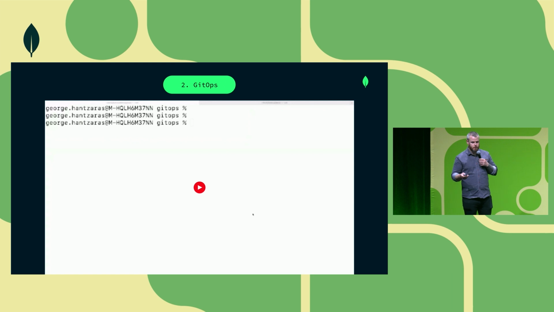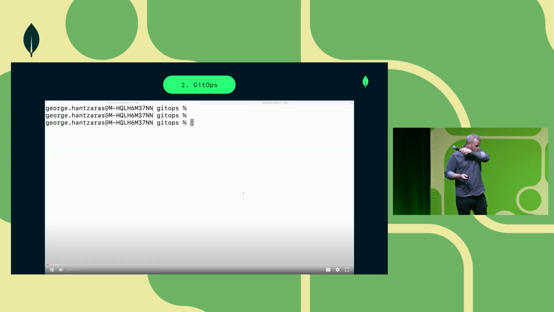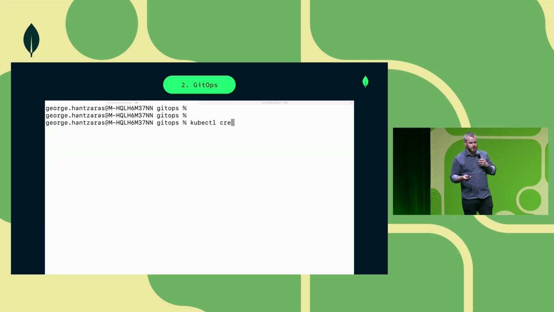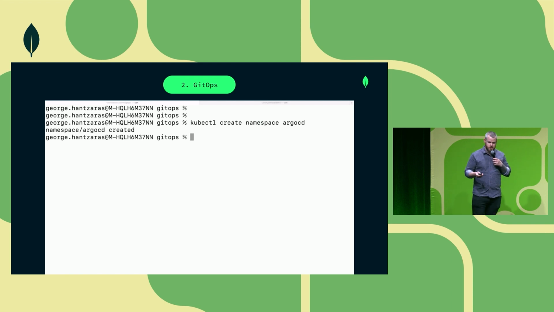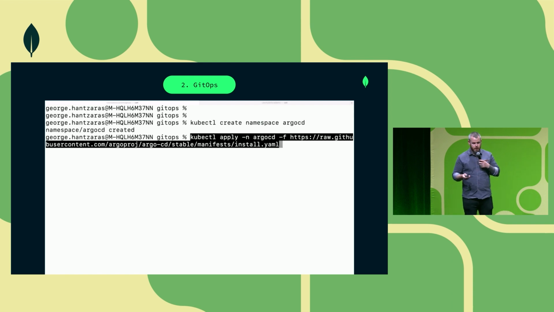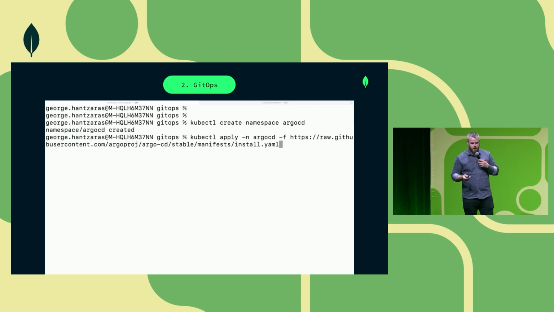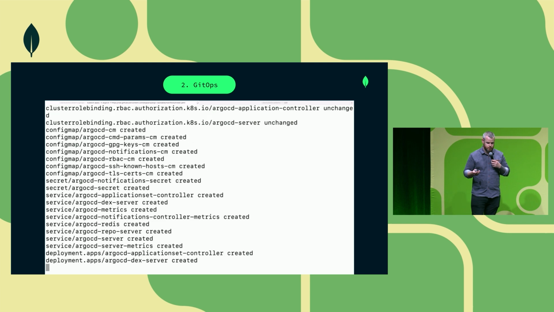So now we're going to move on to the better way of integrating into a platform like this, an IDP. We're going to look at a GitOps workflow using Argo CD. Installing Argo CD involves basically creating another operator in Kubernetes. So we're going to create a namespace just to keep this segregated. And then we're going to run a single installation script that takes kind of one command and a few seconds.